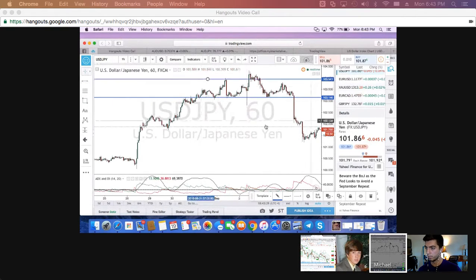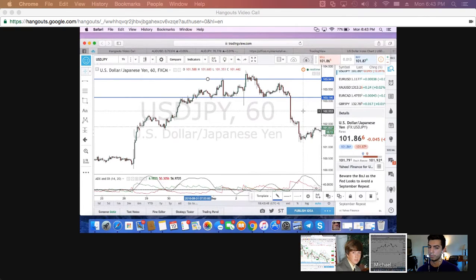A lot of people trade support and resistance, and a lot of people like to trade when it breaks out. I would never trade this until price actually comes back up and tests this line, because that means this support is now newfound resistance. If it doesn't break it, then I'm hopping in for the sell, and I guarantee you it comes back up in here. I would probably draw it right there.